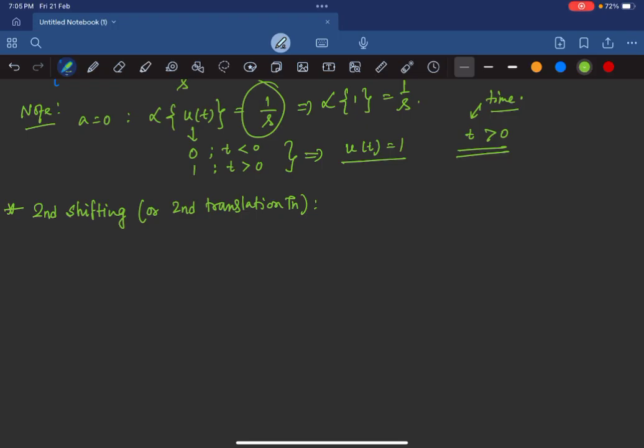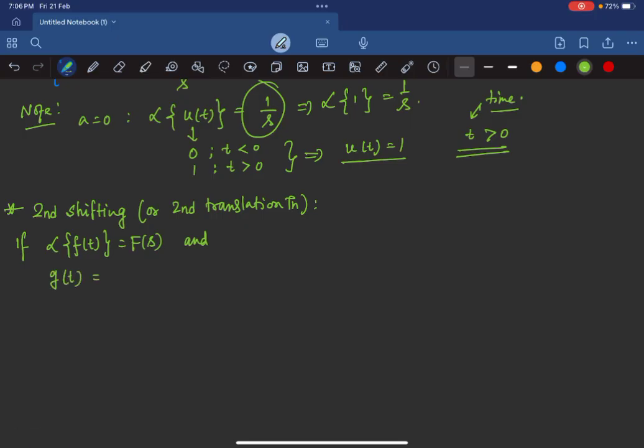It states that if the Laplace of f(t) is equal to F(s)